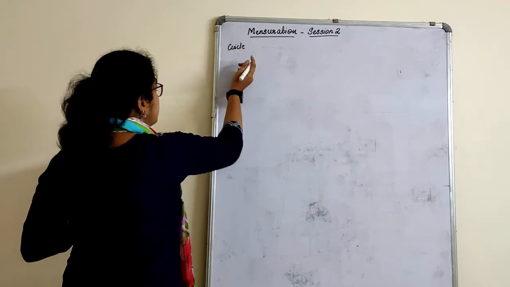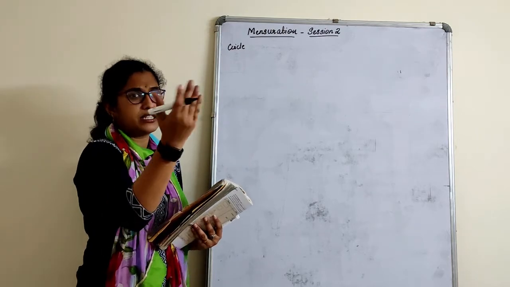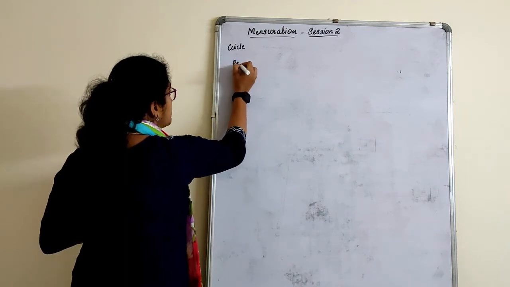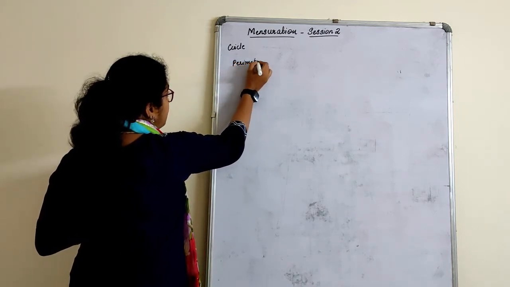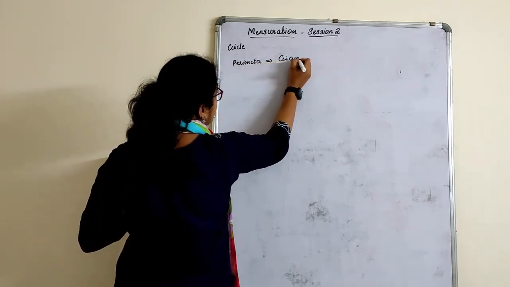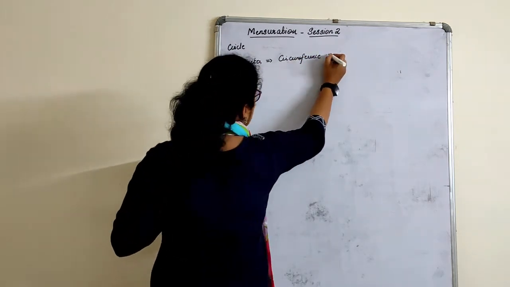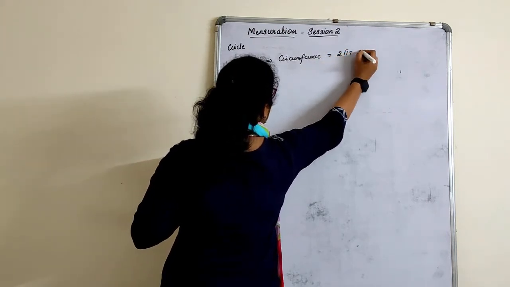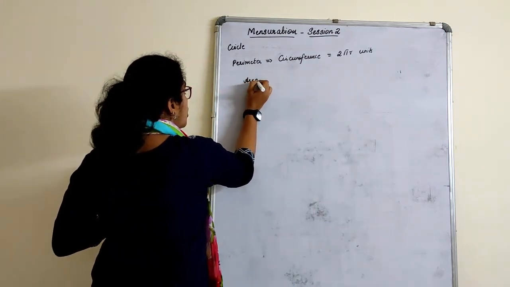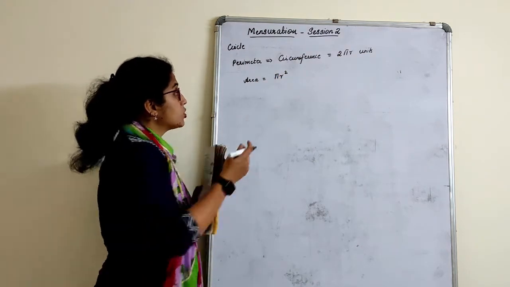So children, I think the last one was the quadrilateral, where the area was nothing but the area of two triangles we had mentioned, and the perimeter was the sum. The last one you can just mention as circle. So what is the perimeter of a circle? Instead of perimeter, we use the word circumference. Circumference is nothing but the perimeter. It's 2 pi r units, and area of circle is equal to pi r square. So this is in square units.